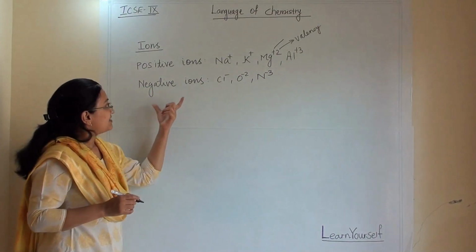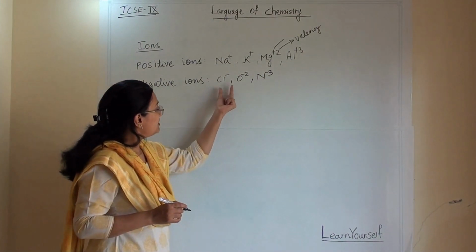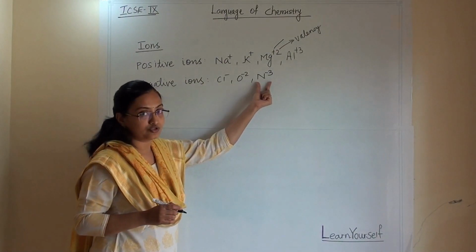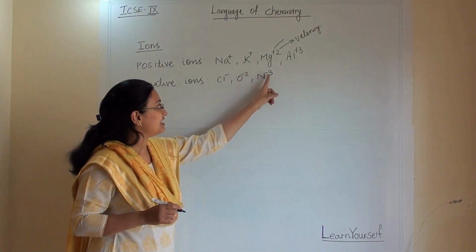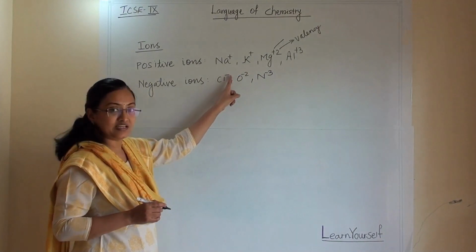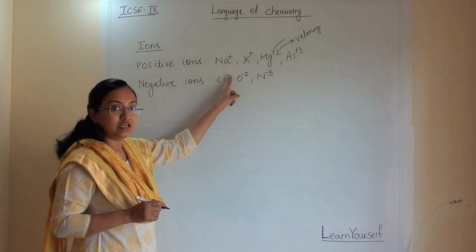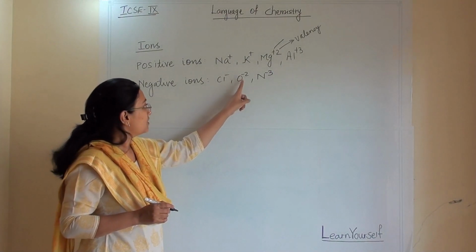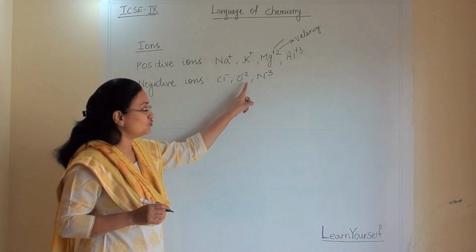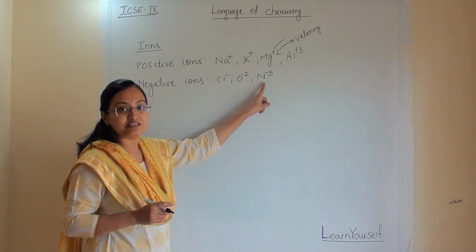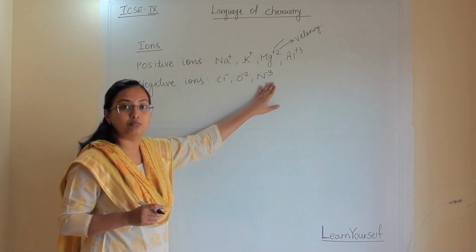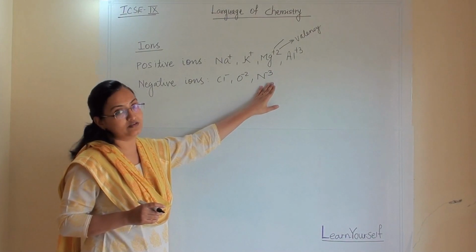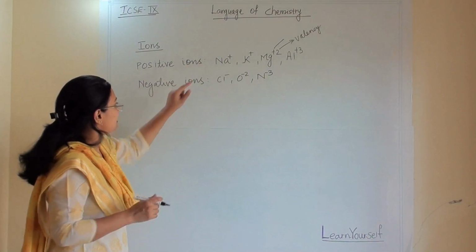Now the negative ions: chlorine, oxygen and nitrogen. They all are negative, so a negative sign is there. Here 1 is there, which means its valency is 1. Oxygen's valency is 2 and nitrogen's valency is 3. But they are negative, so we represent them with -1, -2, -3. If you will see